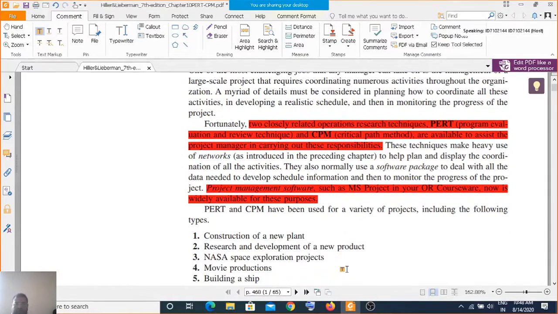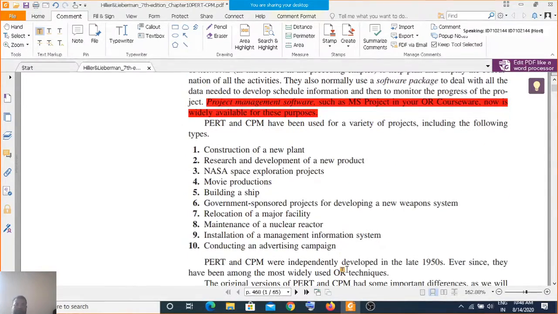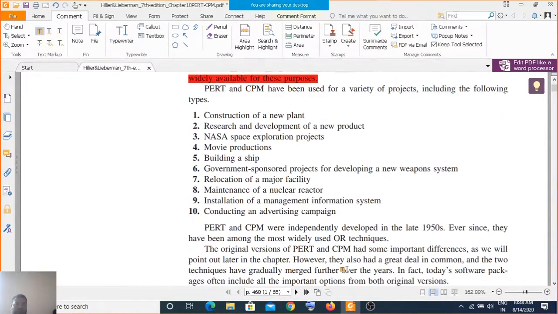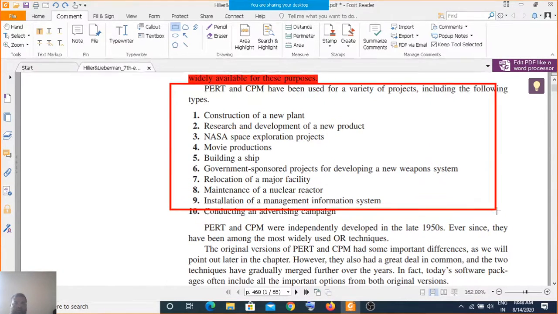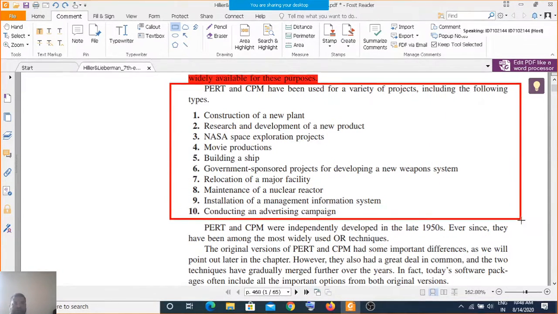PERT and CPM have been used for a variety of projects, and as per this chapter they are used for these things.